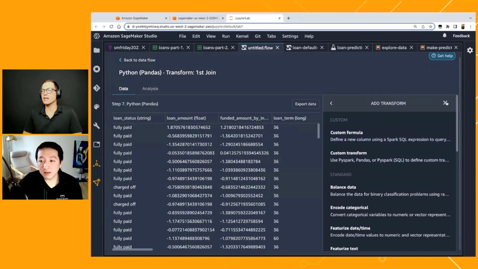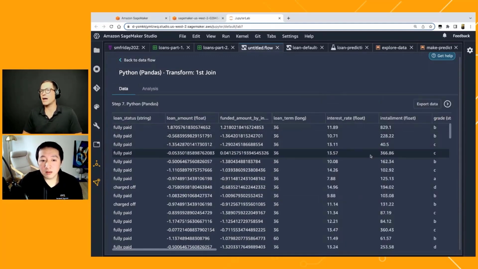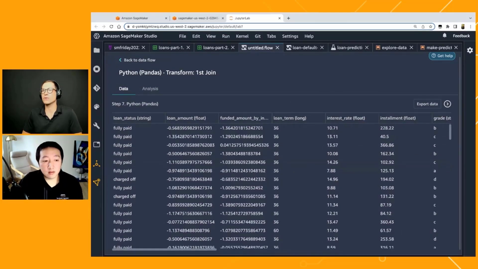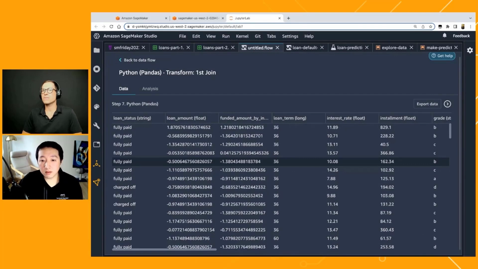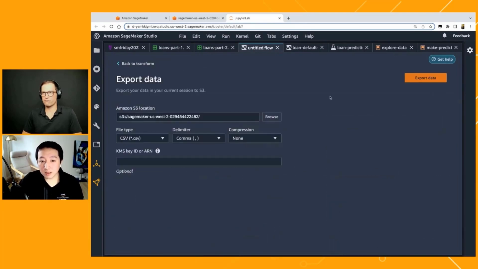And I know we are getting close to time. I'm just curious, you mentioned Autopilot on top of what you've already done for data preparation. How can Autopilot help you? What does that do? Autopilot, let me first mention that we need to export the data so that Autopilot has the data set to work with.